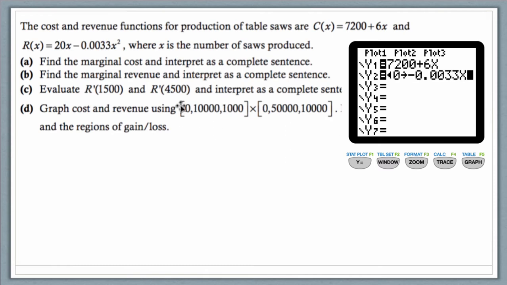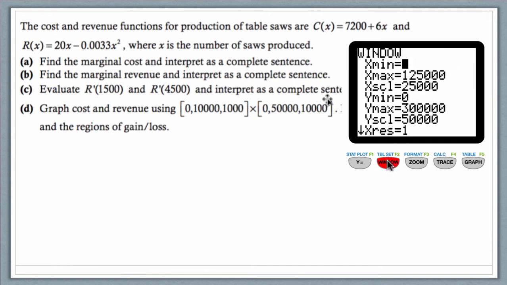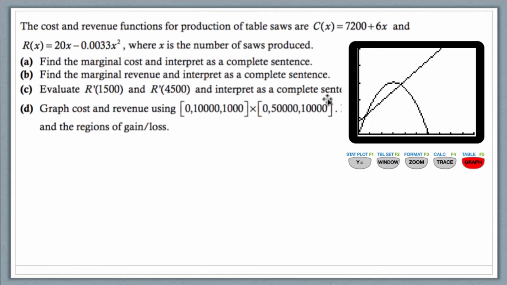Remember, this first set of braces represents the x values, whereas the second set of braces represents the y values. Once we have our window entered, we can hit the graph key and see what this graph looks like. We expect our revenue to be a downward-facing parabola. We expect our cost to be a line. We see that there are two intersections, so that means there are two points where the cost and the revenue